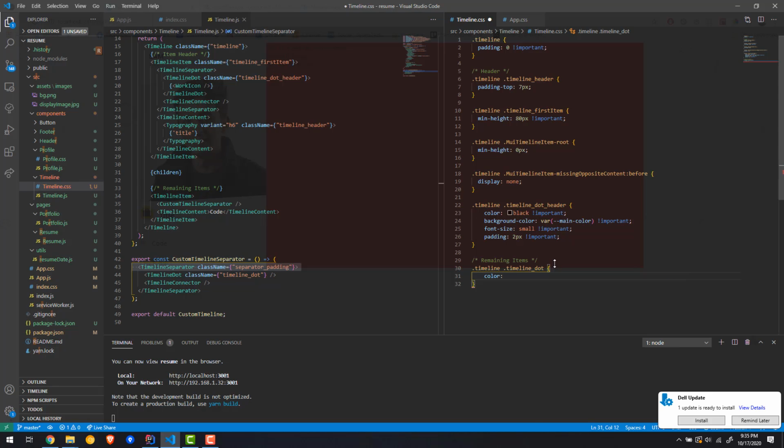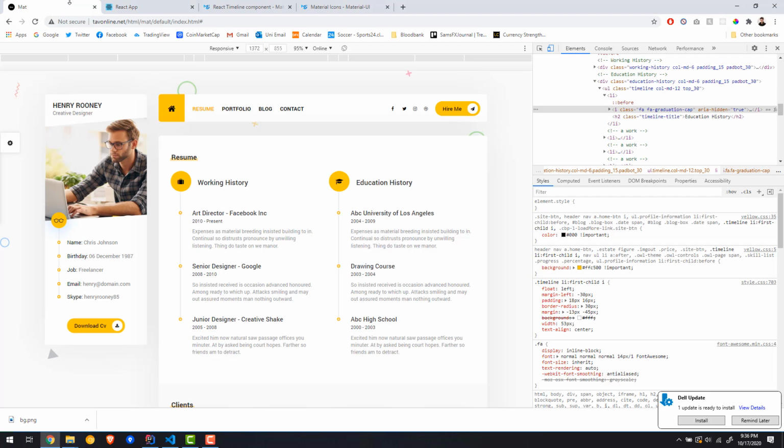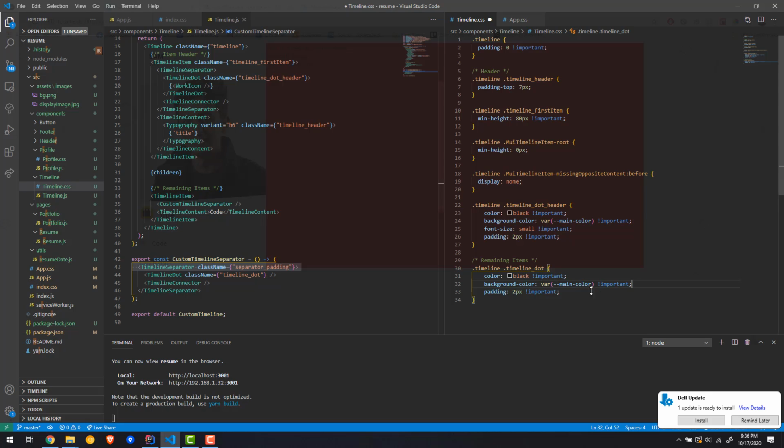So color, let's have it as black. Okay, just going to copy and paste everything. That's how you do it. So color black. What else do we need? We need the background color as well as the main color. We're not going to have a font size small this time. Okay, because if you look here, we're actually gonna give in this icon ourselves, right? So we're gonna define the font size to whatever we want. We don't always want it to have small, right? So font size small and padding of